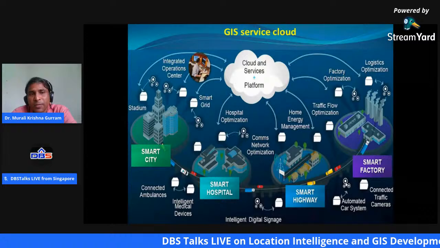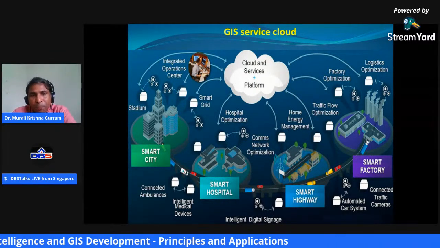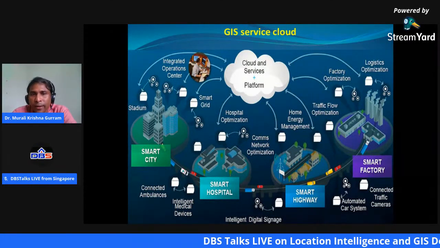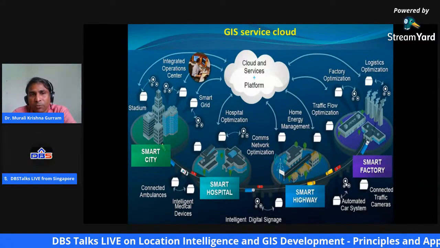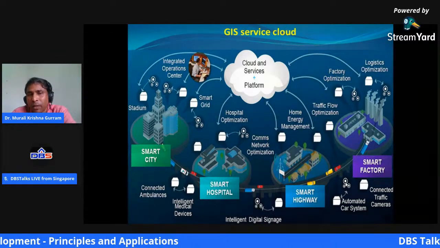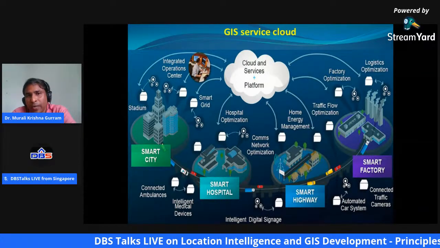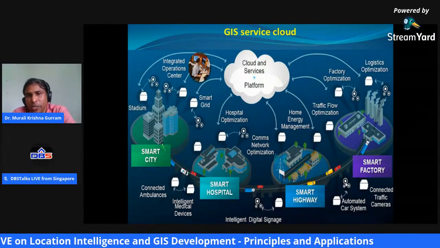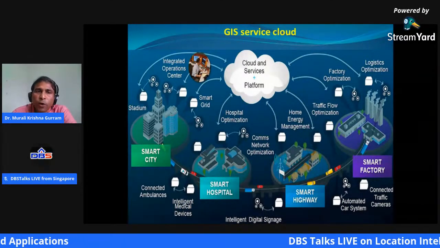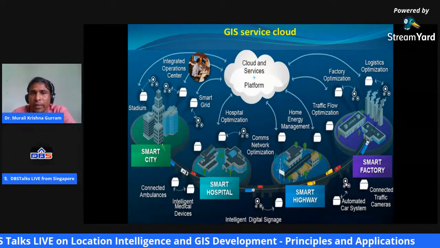There are various services and sub-services within those domains. They're all interconnected for better decision making. So everything is efficiently managed on the GIS cloud from a remote location, where the decision maker is sitting, and he is in a position to make appropriate decisions and implement them, and can even pass those orders to the following hierarchies for implementation. So this is actually being implemented.